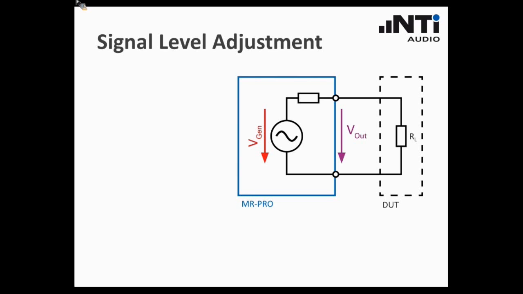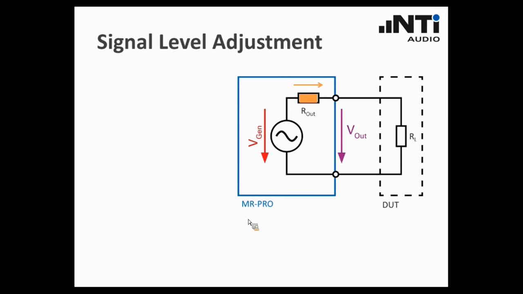What the customer does is adjust the signal level of the internal generator of the device and expect, of course, that the output voltage, which can be measured at the output pins of the instrument, is the same voltage. However, you have to keep in mind that every